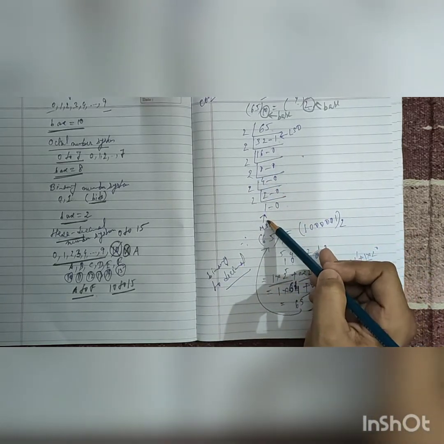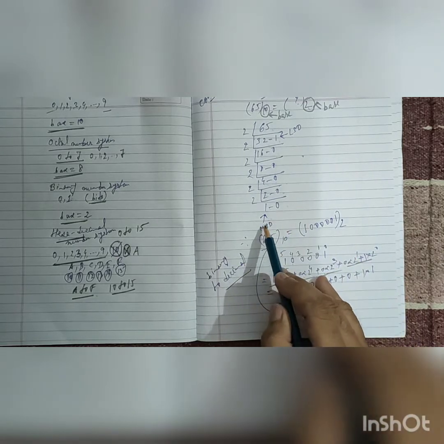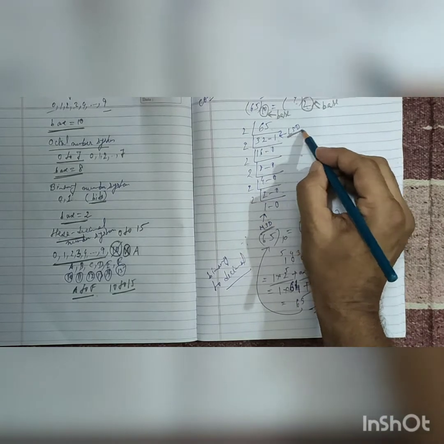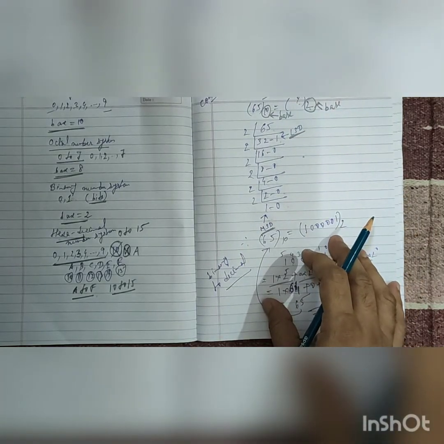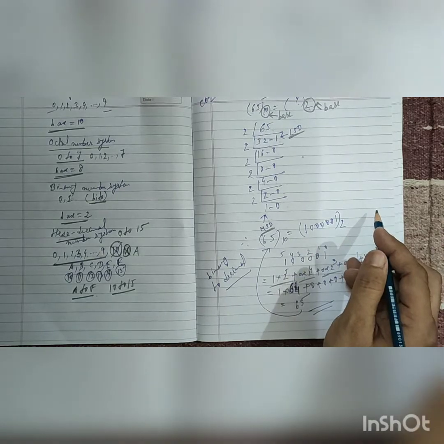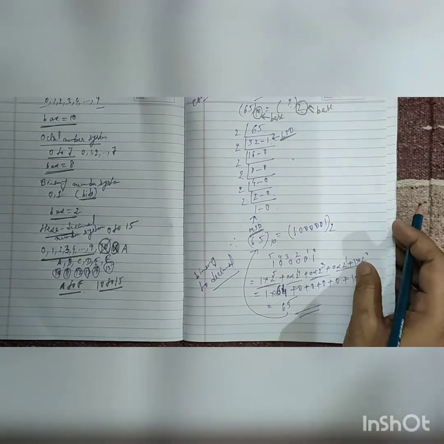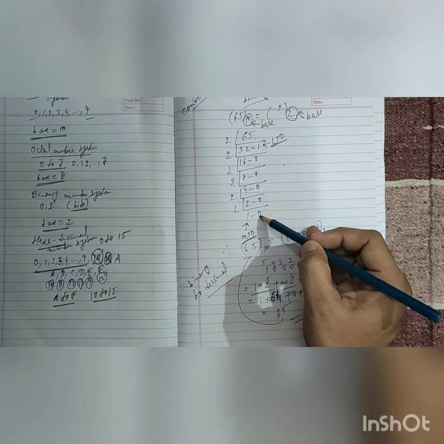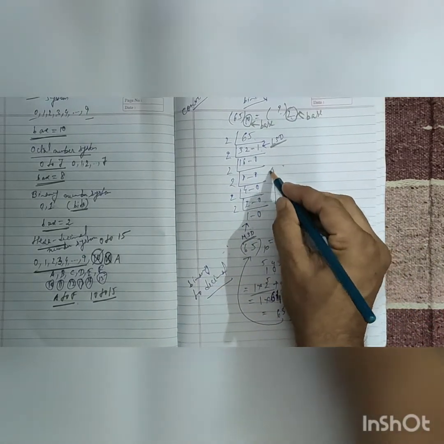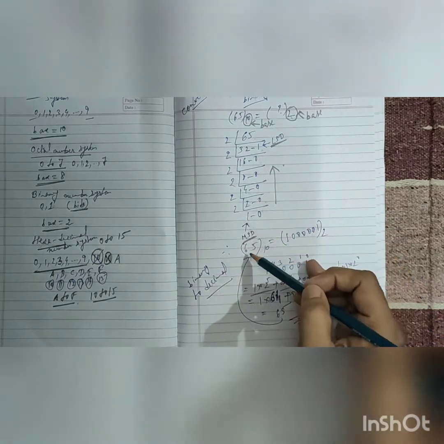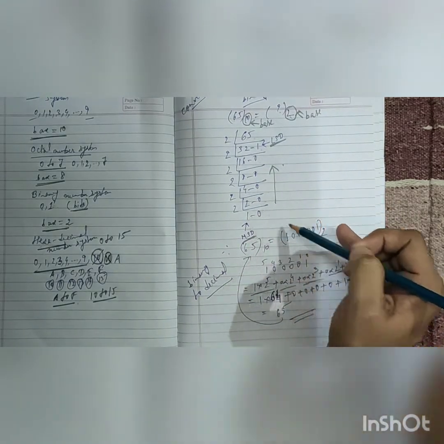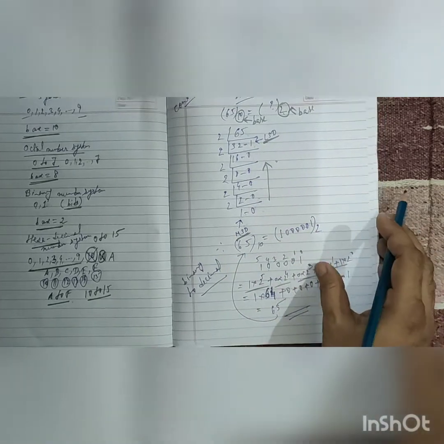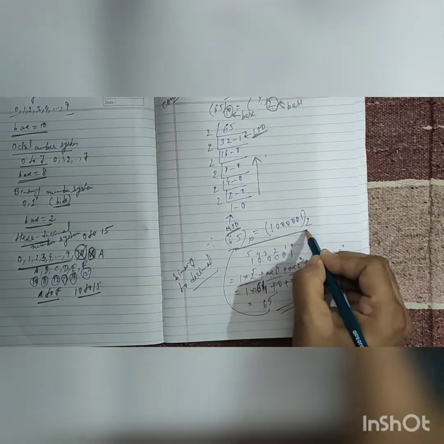The last one is called MSD or MSB, most significant digit or most significant bit, and the first is called LSD or LSB, least significant digit or least significant bit. Now when you write the answer, how will you write? You will write from downwards to upwards. So my number will be 65 base 10 equal to 1 0 0 0 0 0 1. Now it is already converted into binary number system.